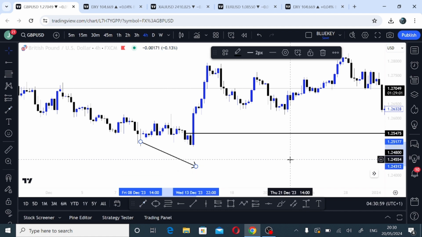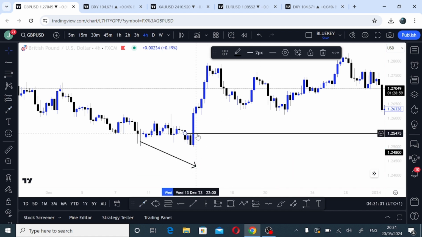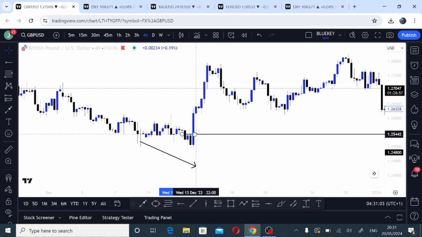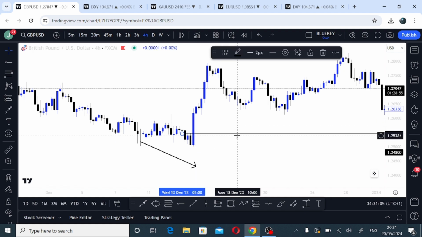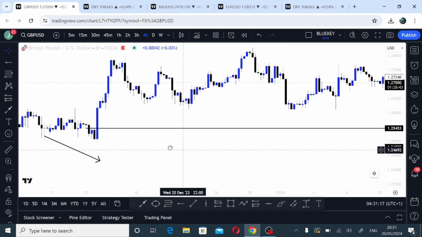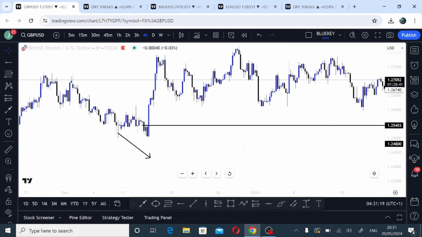So if you put your line just above or on top of this order block right here, expecting that when price gets to this order block, there will be a mitigation and a reaction. So when price touches it, you expect to see a reaction to the upside, basically mitigating this order block, right? So if I move the chart a little bit to the left side,